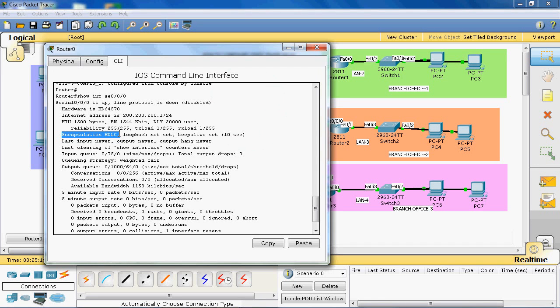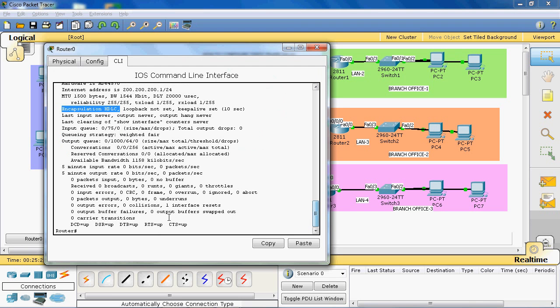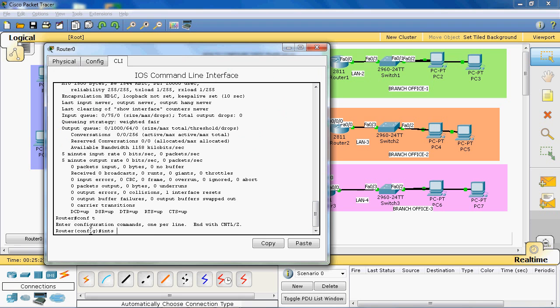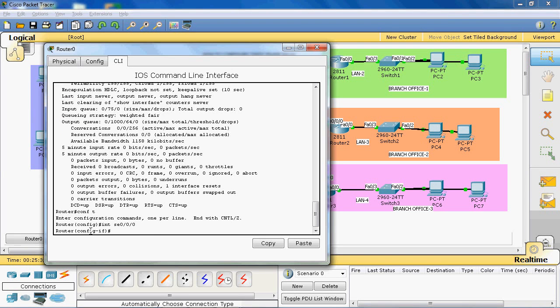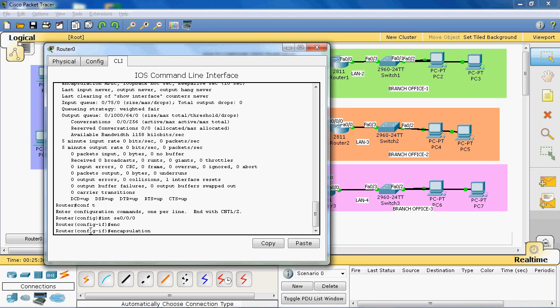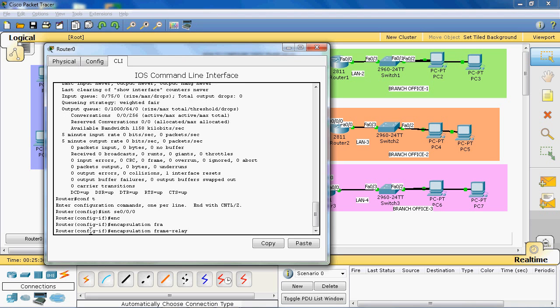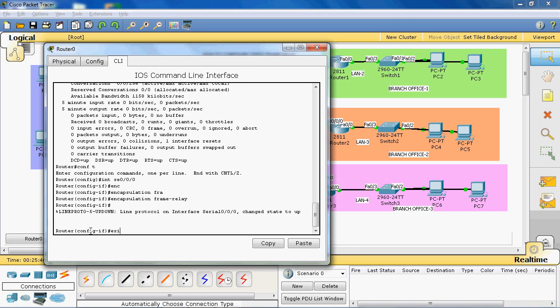So here we can use the frame relay concept. First of all we can change that protocol. So go to that particular interface: configure terminal, interface serial 0/0/0. The syntax for changing the WAN protocol is encapsulation, then we can give frame relay, enter. Okay, now we can check, do show